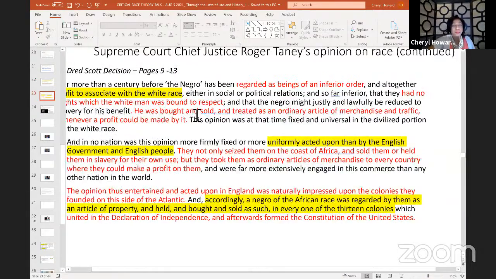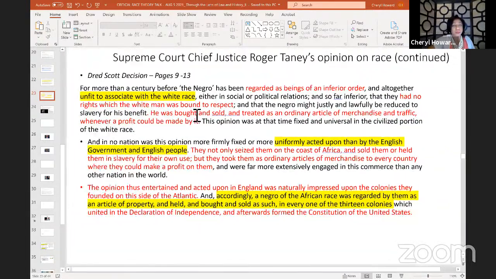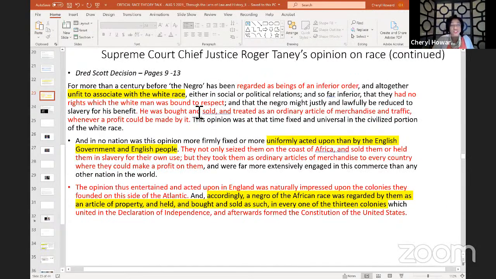and this is pages 9 to 13, if you'd like to follow along. He says, for more than a century before, the Negro has been regarded as being of an inferior order, white supremacy, and altogether unfit to associate with the white race, either in social or political relations, and so far inferior that they had no rights which the white man was bound to respect, and that the Negro might justly and lawfully be reduced to slavery for his